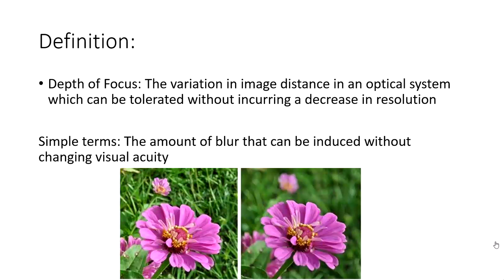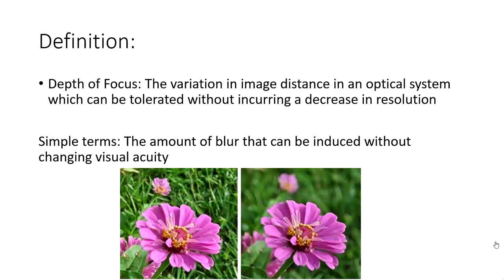Here's two examples of depth of focus, or depth of field, looking at these two flowers. In one image on the left, both the flower in the front and the flower behind are crisp and clear. On the right, the flower in the background is actually blurry, as is all the grass and everything else. The one on the left has a greater depth of focus or depth of field than the one on the right, because everything is clear, both at distance and up close within that image. The one on the right has a smaller depth of focus, because in the periphery, as we move far away,